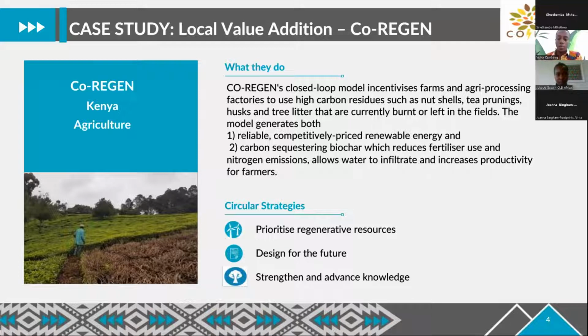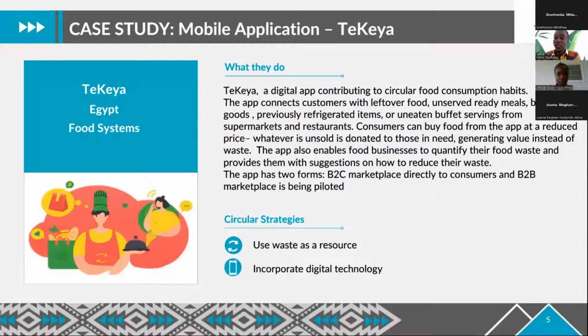Then the next one is in Egypt, which is Tekaya, related to Ivan's presentation on the food waste. So the stats he mentioned, 30-40% of food is being wasted in Africa. We have so many people going hungry. And so the team at Tekaya, looking at the situation in Egypt where people were below the poverty line, I think about 20% of people are below the poverty line, and so are not able to afford food maybe 3 times a day or even twice a day. And then looking at restaurants and shops, the amount of food going to waste, which is perfectly edible.